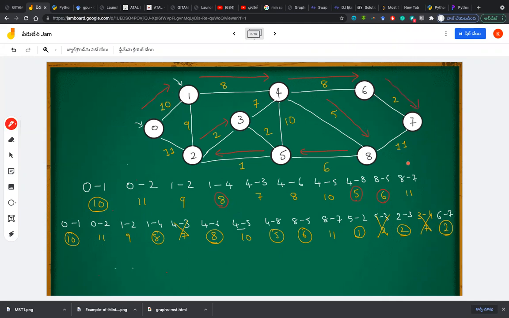If you follow this, it will be very easy for you to make a minimum spanning tree. Write down all the edges and their weights. Remove all the edges that are forming a cycle. Even though they are minimum, we should not consider them if they are forming a cycle. So remove that and go with the other edges which are minimum next to that. When you find the minimum edge, underline that particular edge and continue identifying the other edges with the minimum weight. That is the minimum spanning tree that you finally get.